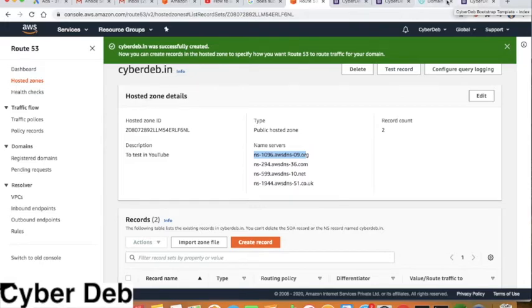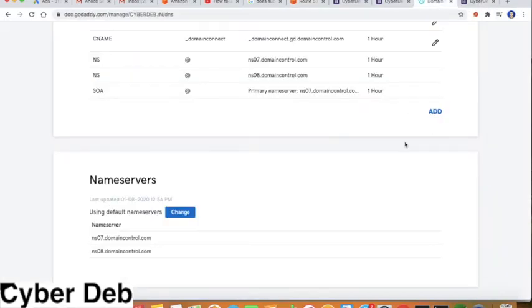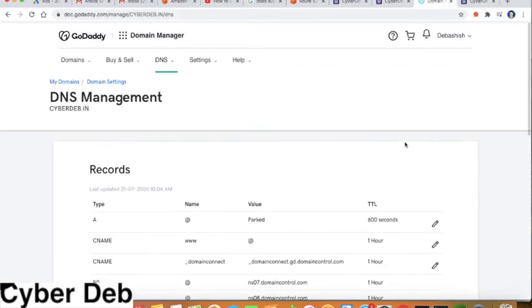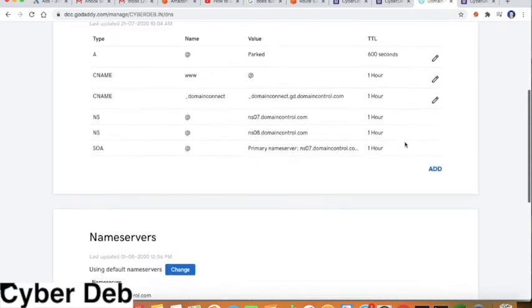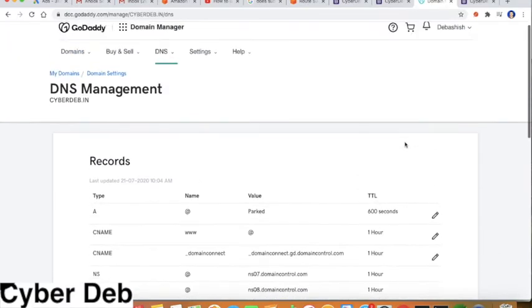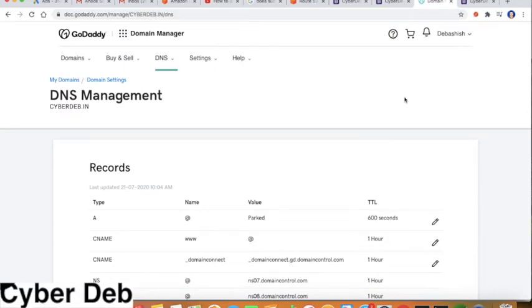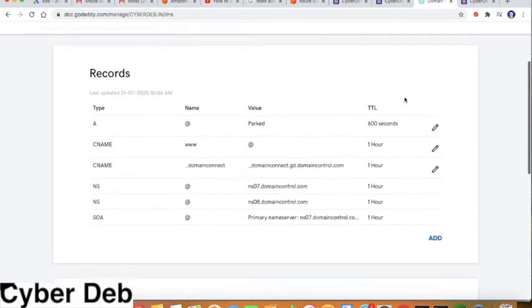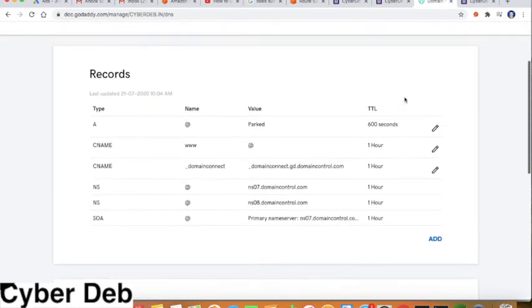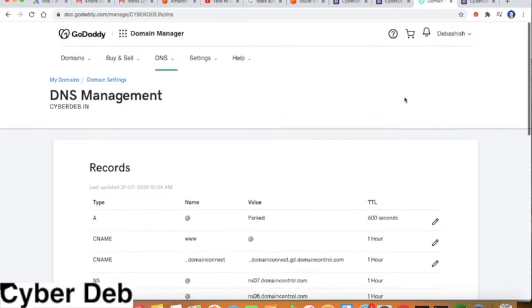So I have already opened GoDaddy. In my account I have a few domains already booked over here which are running. If you go to your domain setup, you will log into GoDaddy, go to products, then you will end up in your products set.